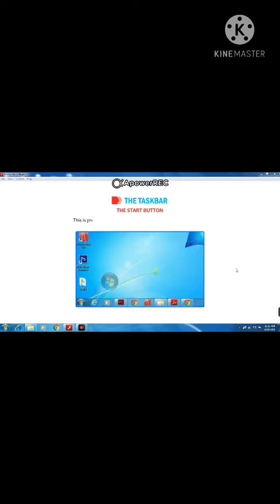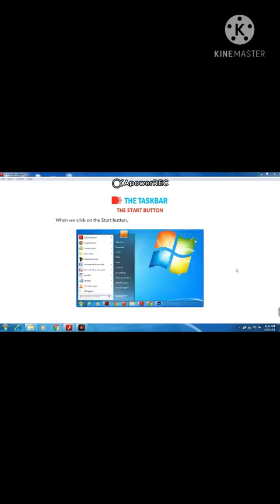The Windows taskbar provides the easiest method to switch between active programs. The taskbar has the following three main sections. The Start button. This is probably the most used button on the Windows desktop. When we click on the Start button, a menu displaying the major options appears. This menu is known as the Start menu. The options present in the Start menu provide access to the main programs on the computer.